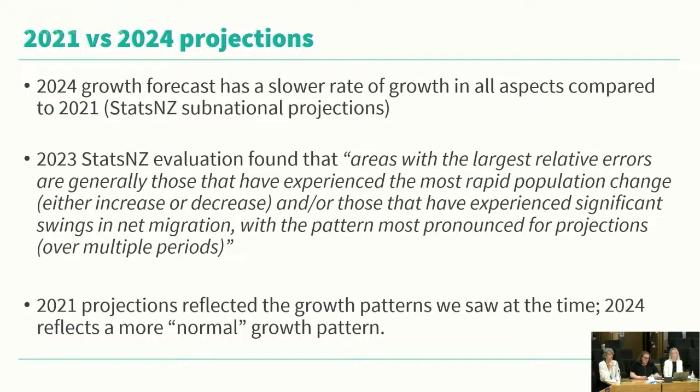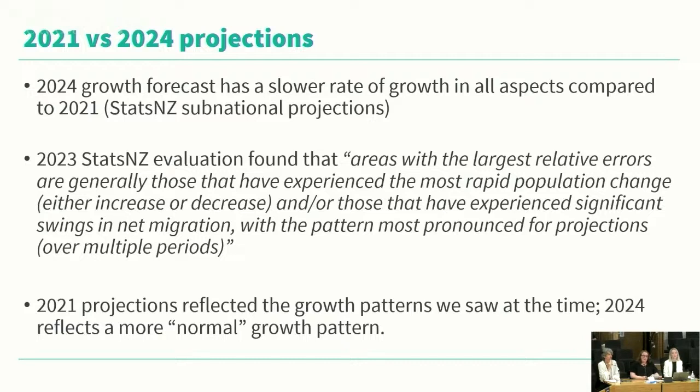The projections that informed the 2021 policy were made at a point where the city had just experienced a sudden, unexpected shock, but 2013 base information was still the best that we had at the time. At the time the 2021 policy was prepared, Stats NZ had not yet released 2018 census-based household projections. We didn't get those until December 2021.